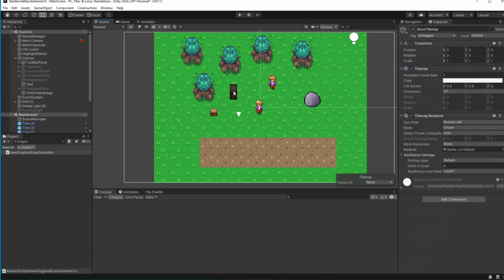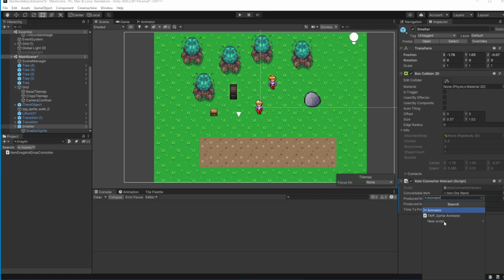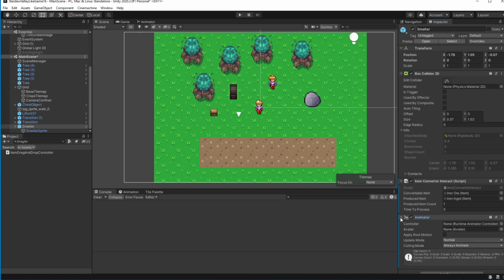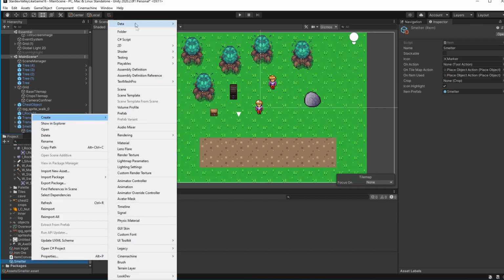Let's animate our item processor, and we will do it inside Unity. This is not a perfect solution, but will be more than enough for our case. Add an animator to the smelter, create a new animator controller called Object Deform Animator.